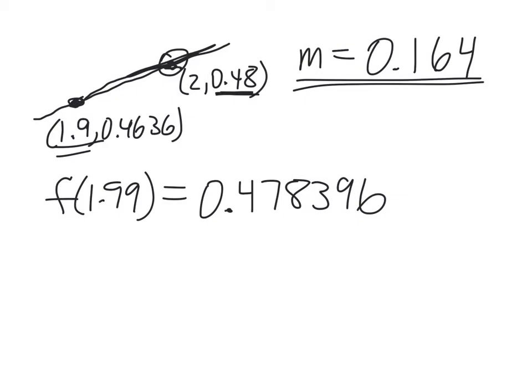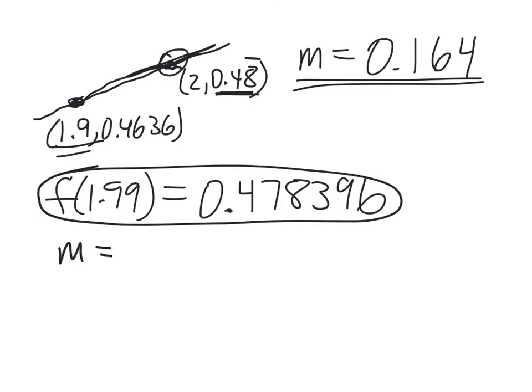So f of 1.99 is 0.478396. And now let's calculate the slope between this point and this point, which on the graph would probably be somewhere in this neighborhood,